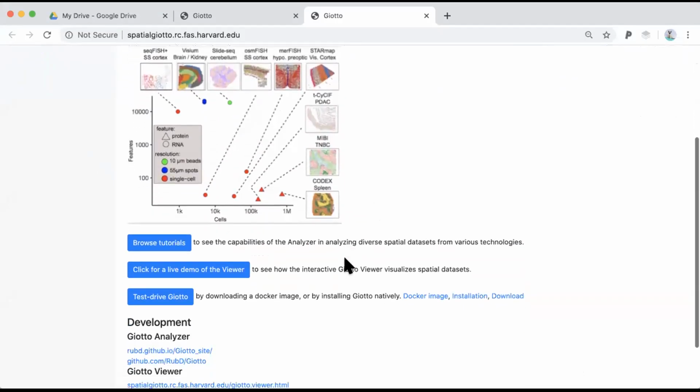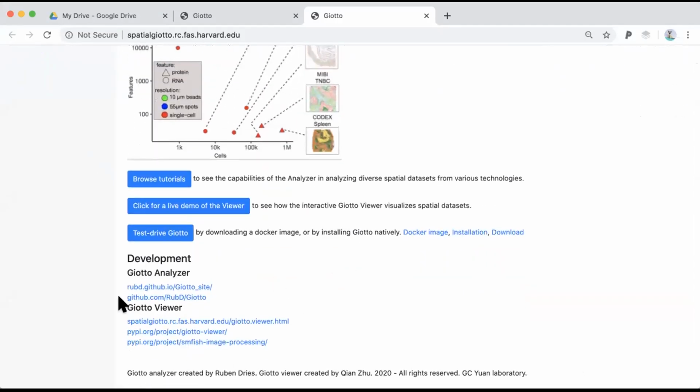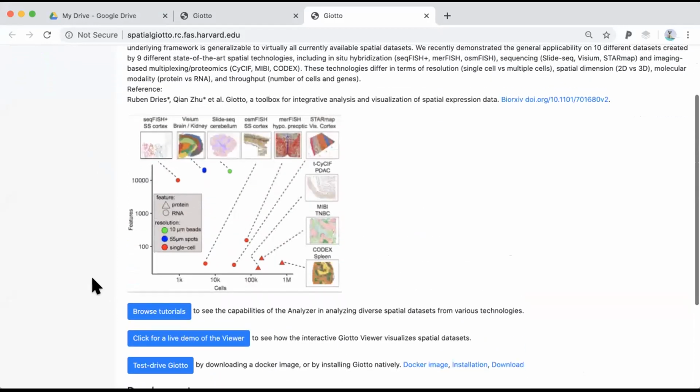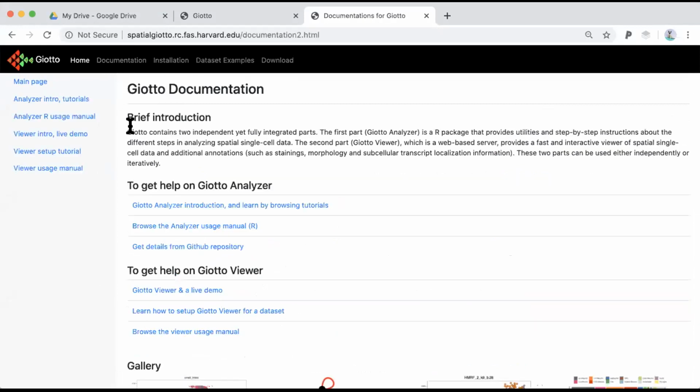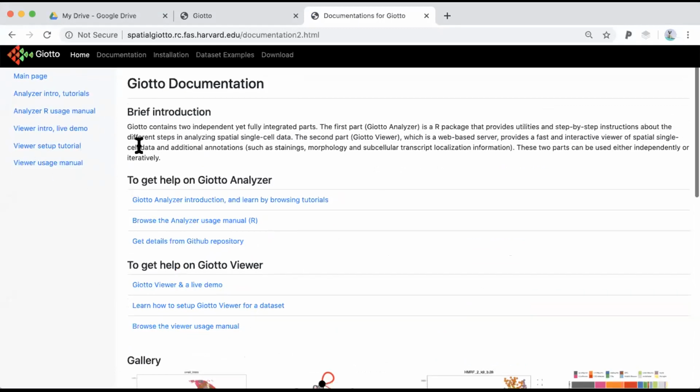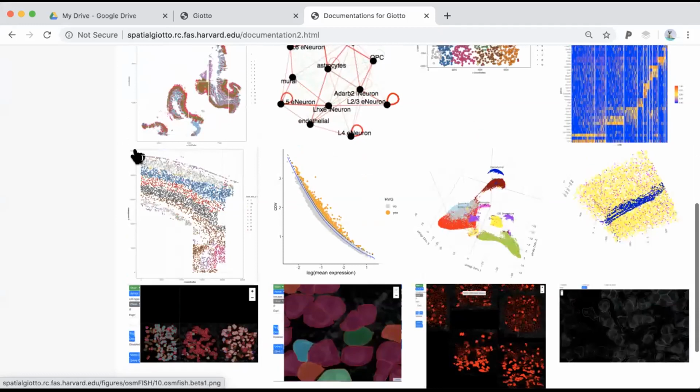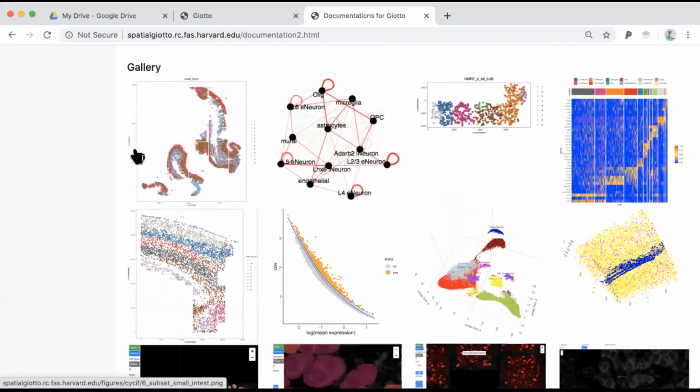Above, and also the developmental links over here as well. So on the top of the menu bar, you can find a number of tabs. For example, you can see this documentations. And if you browse it, you will see these instructions of various components of the Giotto. And if you scroll down, you will see some galleries that are actually generated by the Giotto